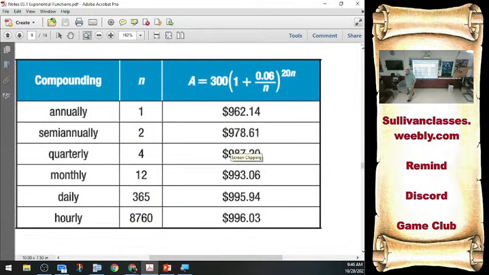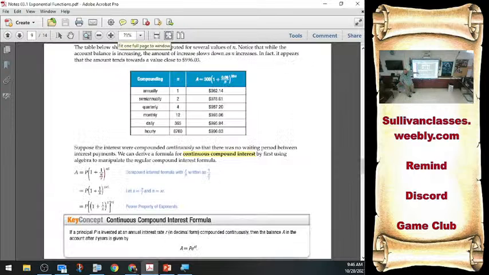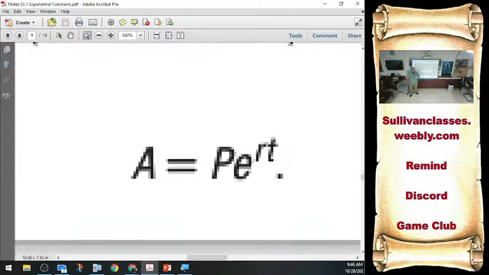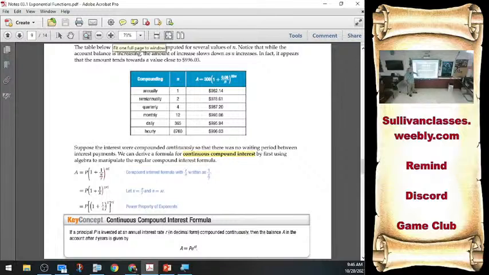And it turns out those answers were right there. So when I plug that in, I see that as I continue semi-annually, quarterly, monthly, daily, hourly, eventually I'm adding next to nothing. I'm adding continuously in terms of my time. So if I keep adding continuously, I might as well rearrange my formula with that limit function in there. New formula. P is still principal, rate is still the rate, T is still time. The only difference is